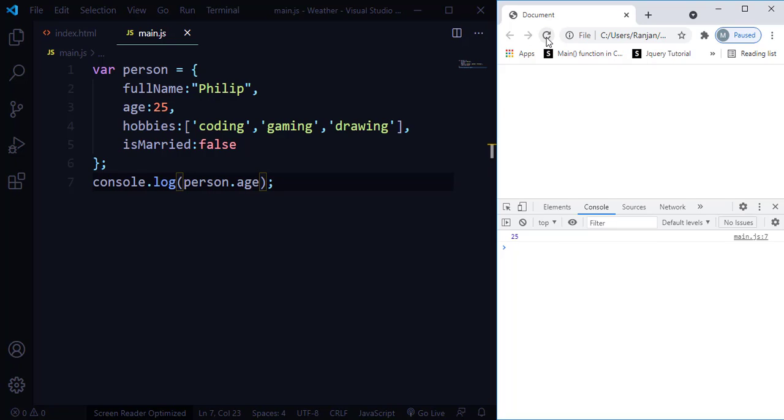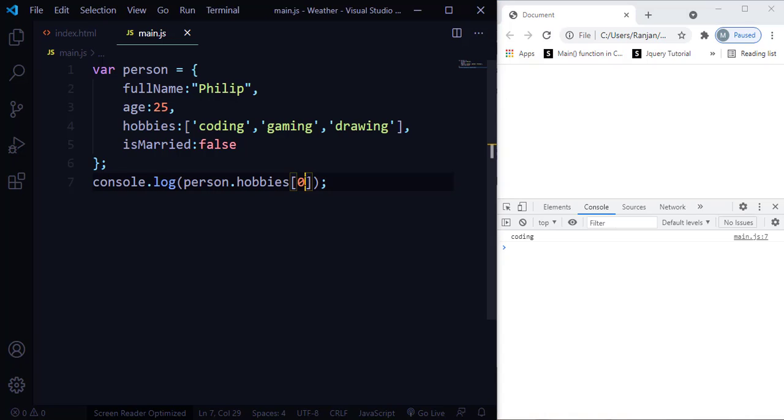For example, here this person has got hobbies. If you notice one thing, for the hobbies there is an array. Why? If you want to store more than one piece of data, we can use an array, right? So maybe this person has got more than one hobby. What if I want to display the first hobby among these three hobbies for this person? In that case, you're just going to say person hobbies. Among these hobbies, maybe I just want to display the first hobby. So in the bracket, when you pass 0, the first hobby is going to be displayed. When you save and refresh, you will see coding is the first hobby.